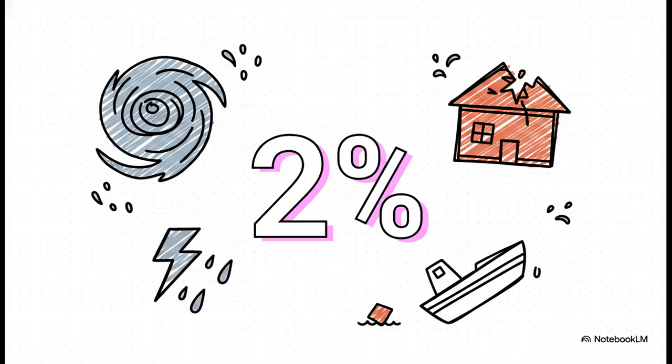And I really want to emphasize this point. Calling it a 1 in 50 year event does not mean it only happens once every 50 years. Actually, it simply means there is a 2% mathematical chance of this level of catastrophic loss occurring this year, next year, and literally every single year after.